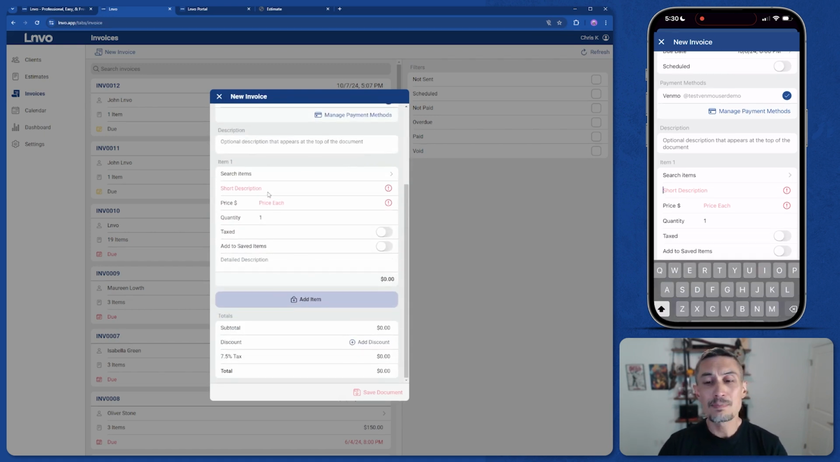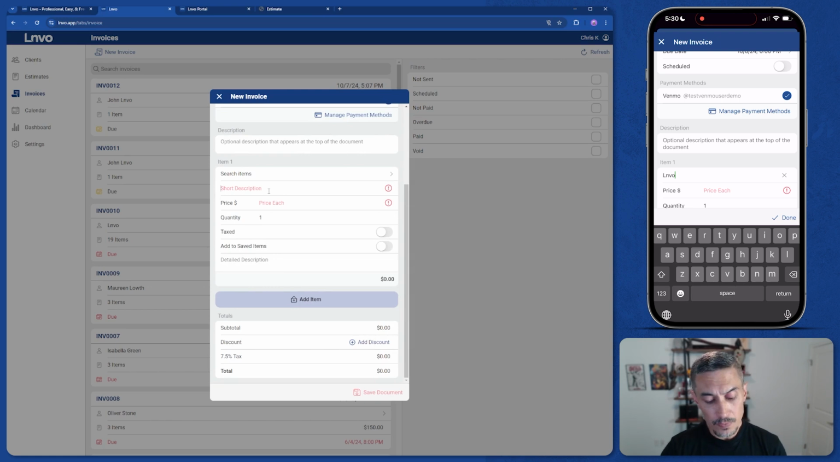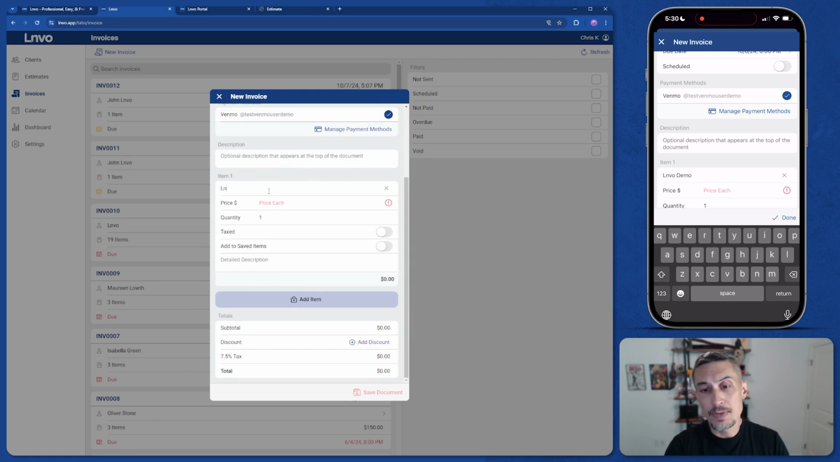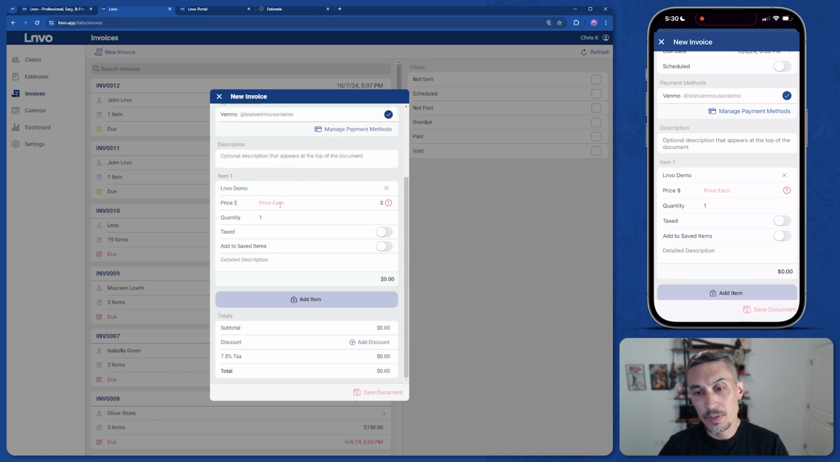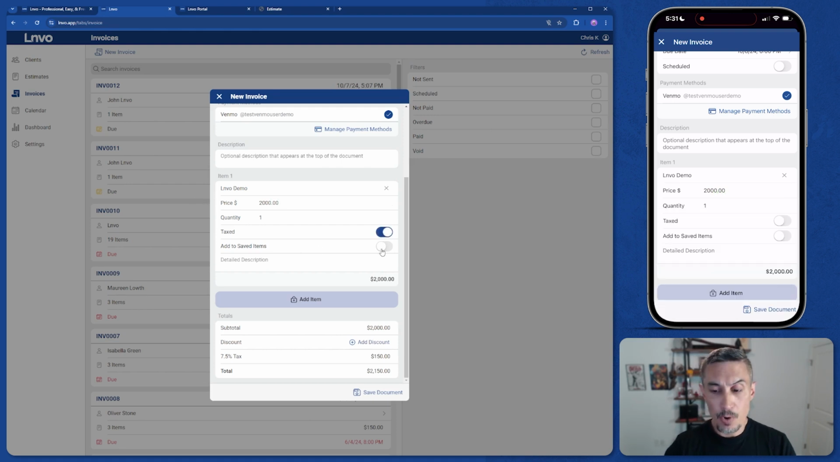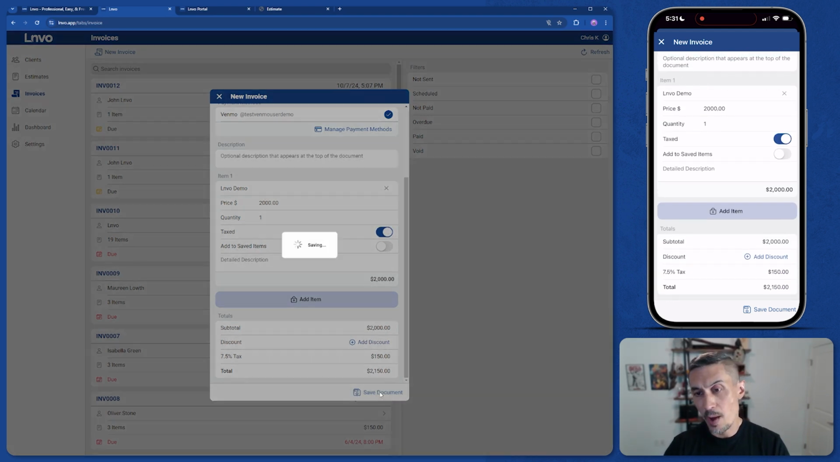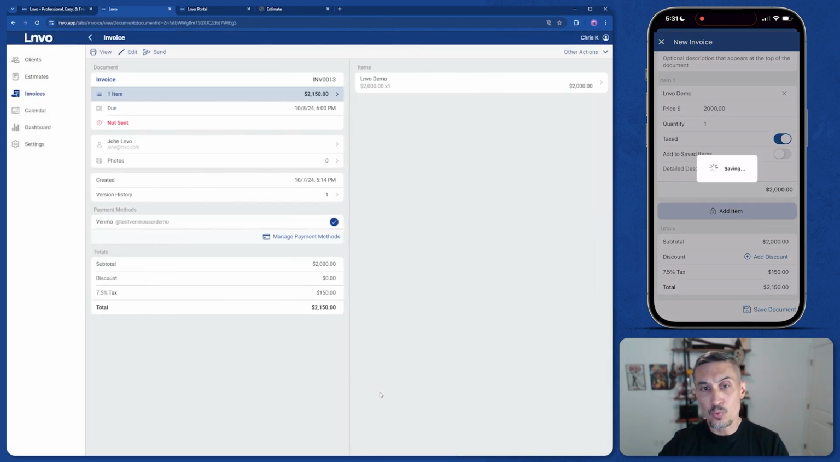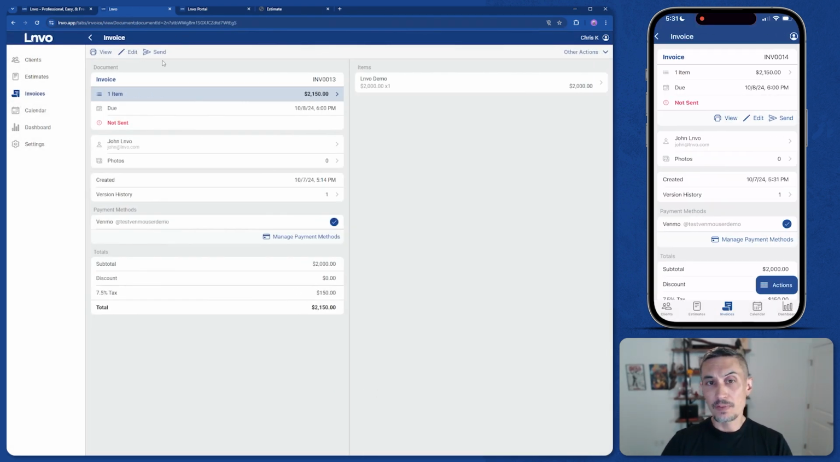Now, you can put in as much information as you want here, or even search previous items that you've already put in. But we're going to put in this Lnvo demo. We're going to set this price to $2,000, and we are actually going to mark it as tax too, so you can see exactly how this is all tallied out. Now, once I save this, this is ready to be sent, and all I have to do is click